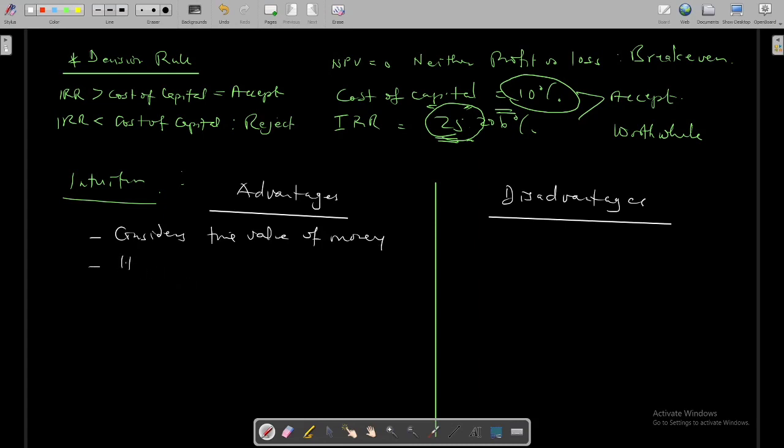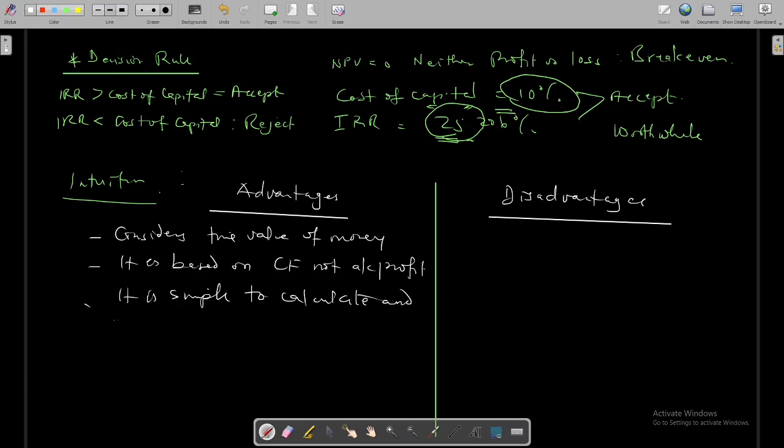Two, it is based on cash flows, not accounting profit. Three, it is simple to calculate and easy to understand,